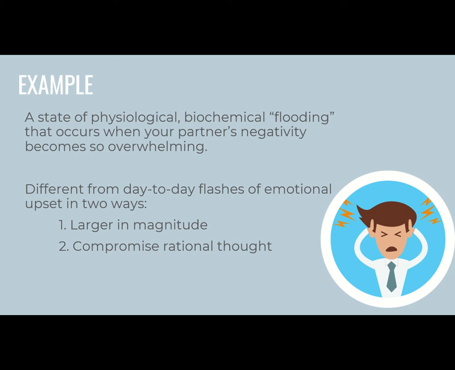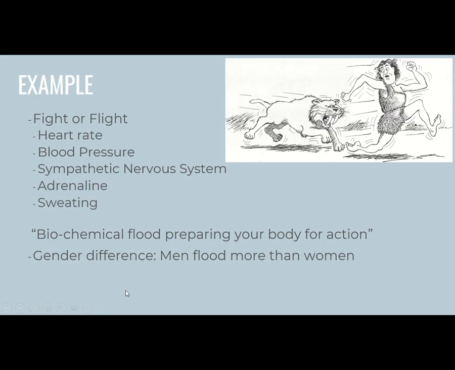You could use this kind of measure if you wanted to study couple conflict. You could bring a husband and a wife into a lab and have them talk about a topic that is stressful to them while connecting them to some physiological machines. Then you'd be able to look at their emotional flooding during the conversations to assess whether partners are able to keep their cool during conflict discussions. For example, if you wanted to study fight or flight response, you would need to collect heart rate, blood pressure, sympathetic nervous system, adrenaline, and sweating. And some research findings from this are that men actually flood more than women. That would be your conclusion.